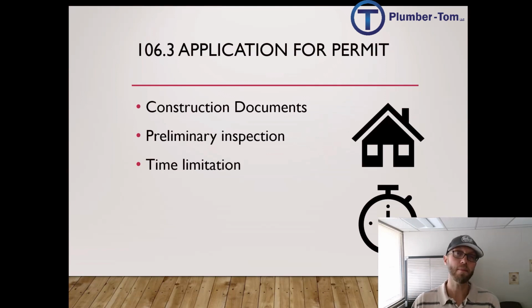And there is also a time limitation on these permits. You have 180 days after the filing of the permit to get that work done. It says the code official has the authority to grant one or more extensions of another 180 days. So if this project is taking longer, then you would submit for extension. The idea with the time limitation being, let's make sure this project is moving along. If we put an expiration date on the permit, that means you're going to have to get some work done between now and 180 days.